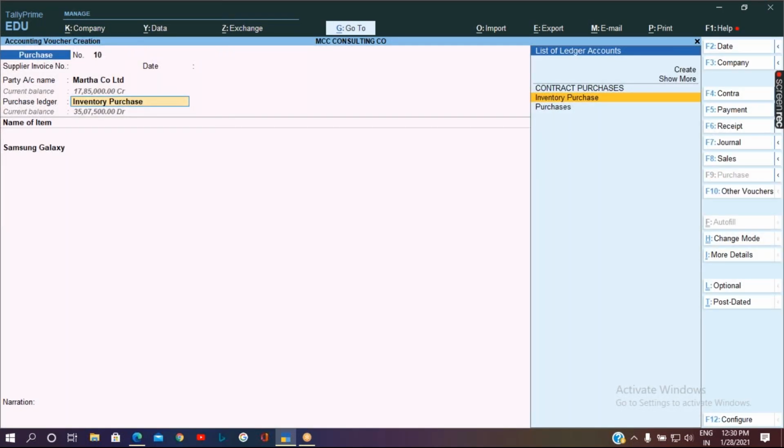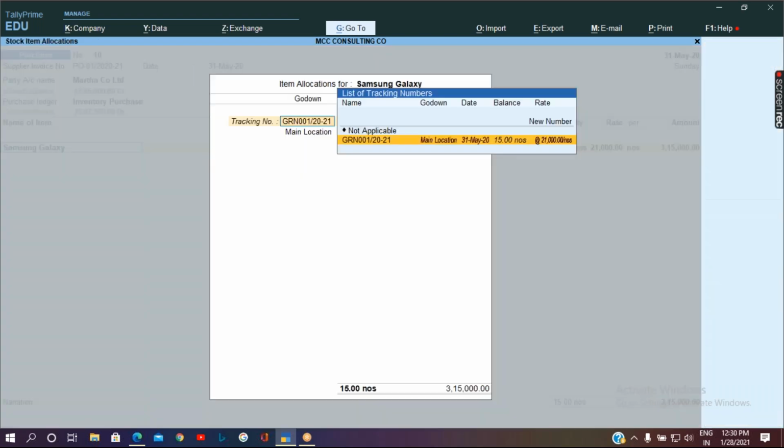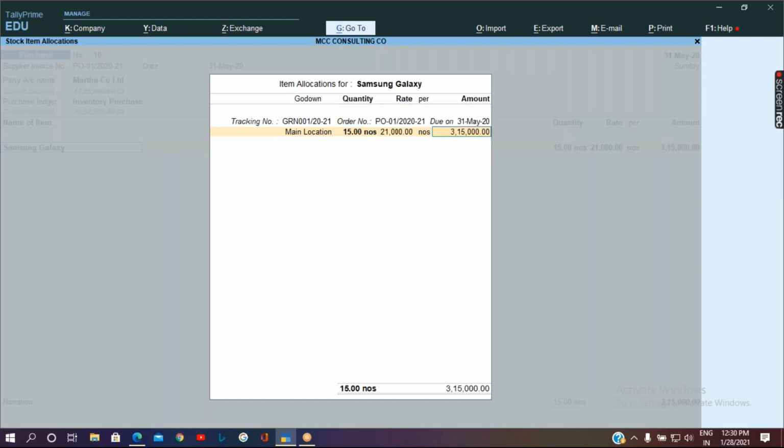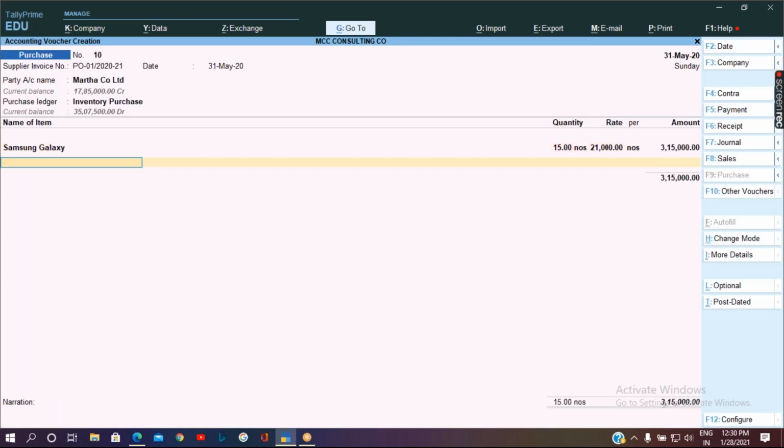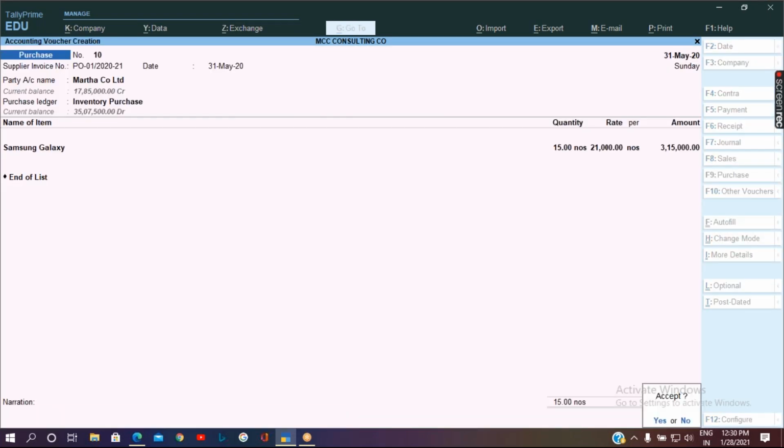So automatically it will take the same goods. So here I am supposed to take with the new reference. And accept the screen.